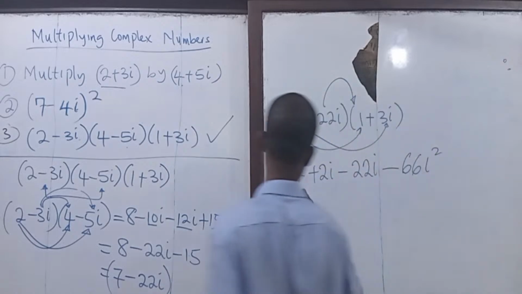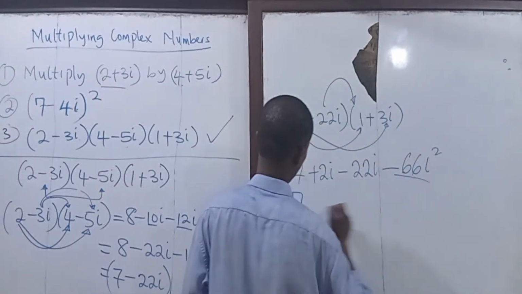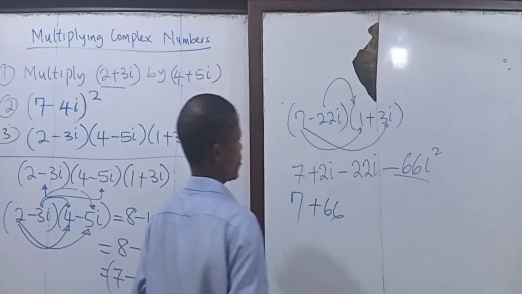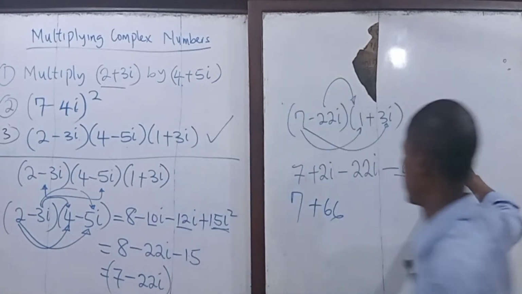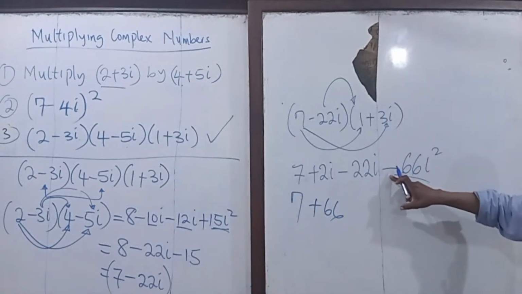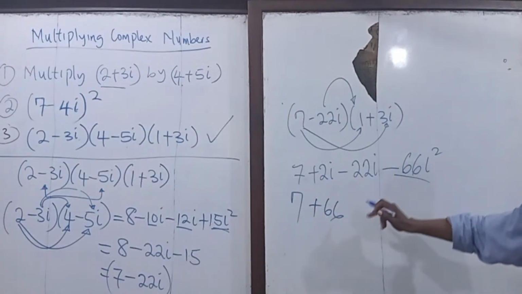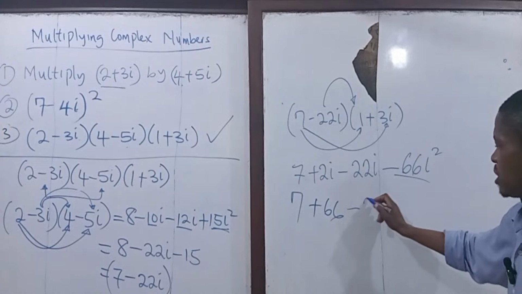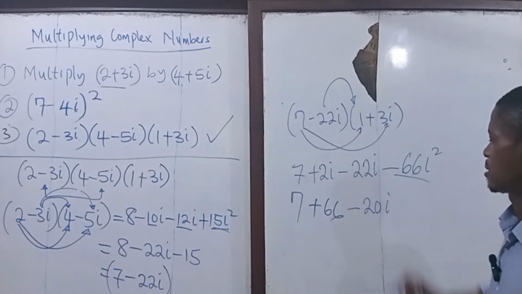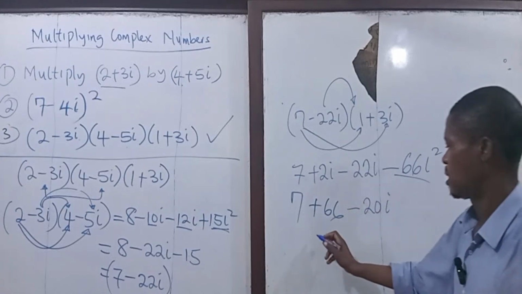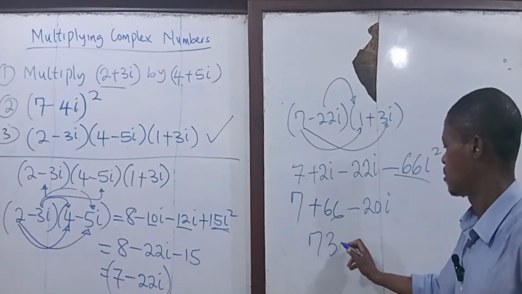So we now have 7. This one will be plus 66. Okay, the i squared is minus 1, so making this one to be plus. So plus 2 minus 22, that's what? That's minus 20i. So we're having 73 minus 20i